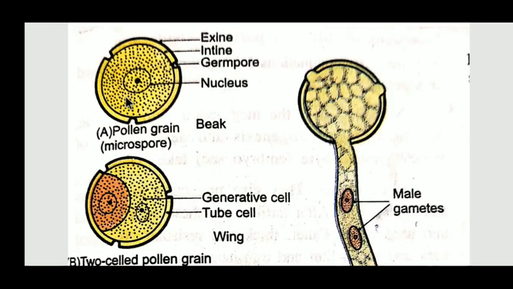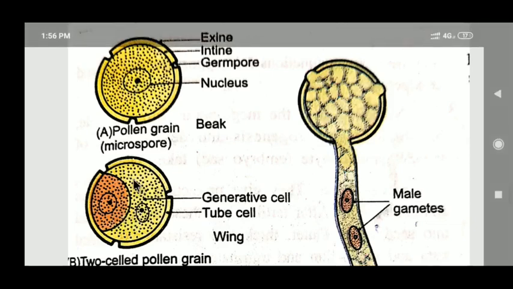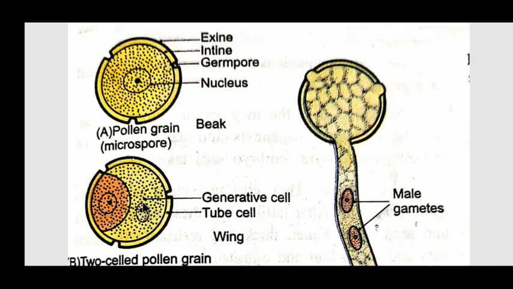before pollination. So first, this part is called the protoplast of the pollen grain, which divides with the help of mitosis, and this single cell is divided into 2 unequal cells. The larger cell is called the vegetative cell, while the smaller cell is called the generative cell. The generative cell doesn't have a cell wall, but the vegetative cell has a cell wall. So this is the first stage of the development of the male gametophyte, that is, before pollination in the pollen sac.